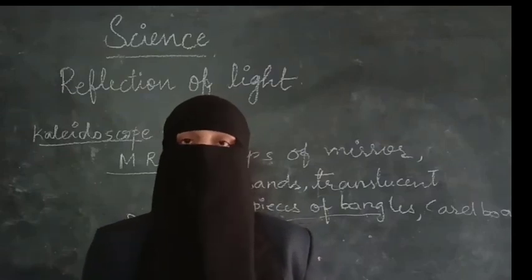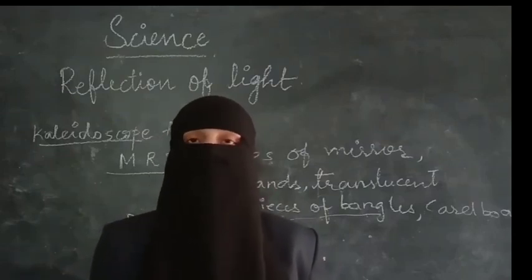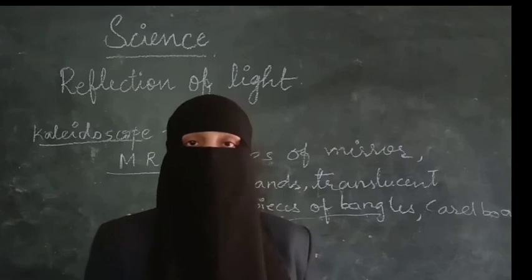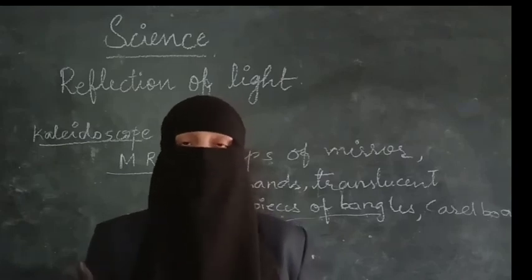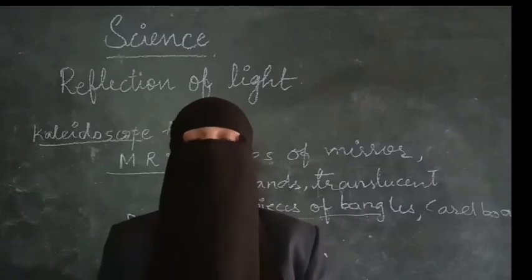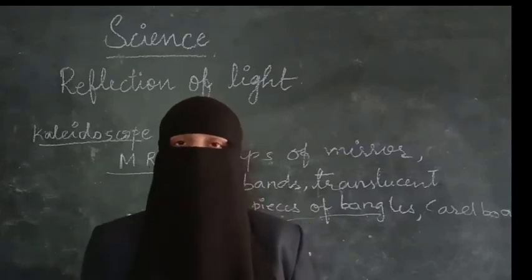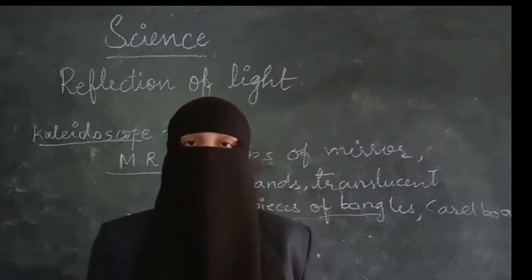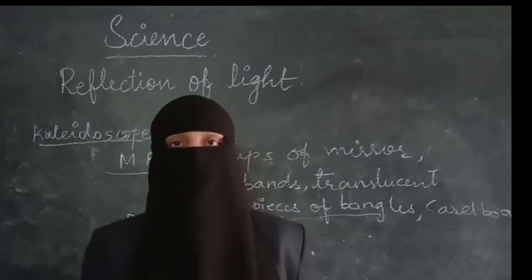In this chapter we have discussed 2 instruments. The first instrument is the periscope, which is very important and used by people. Kaleidoscope and garden in a box is a small activity for fun. You can use that activity and you can play with your friends and with your family members.